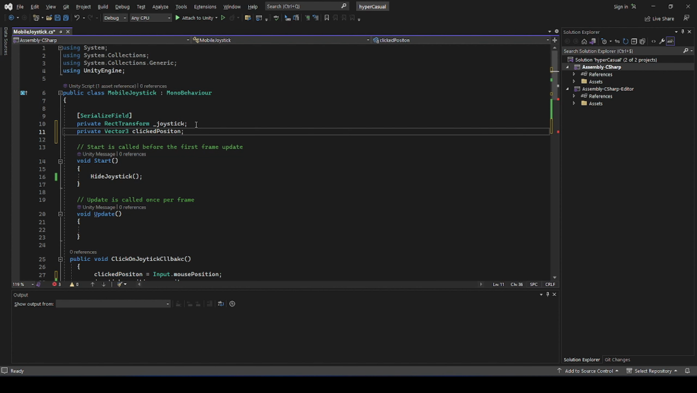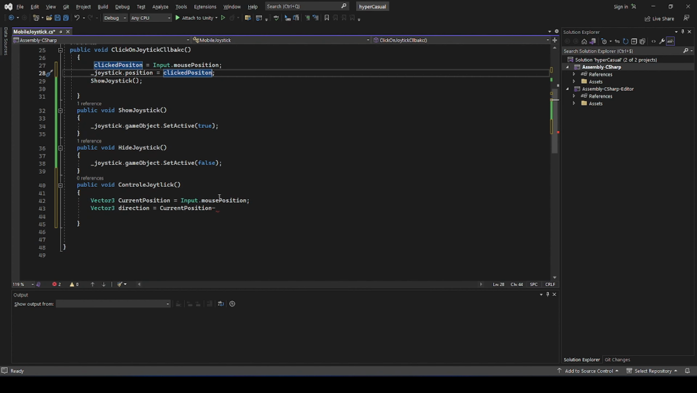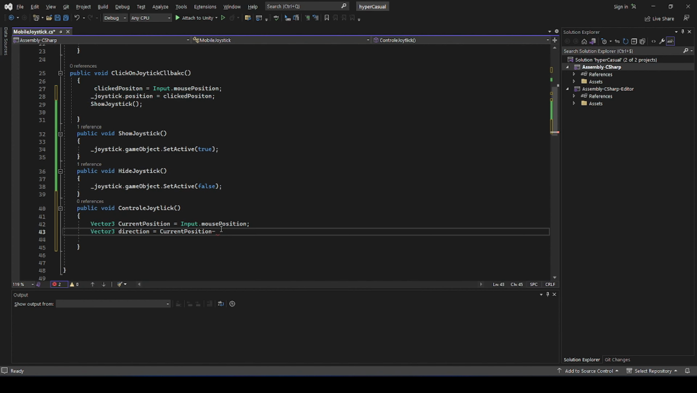So good. Okay, let's change it here, replace it by clicked position, and here clicked position, it's the same. And what we're gonna do now, it's